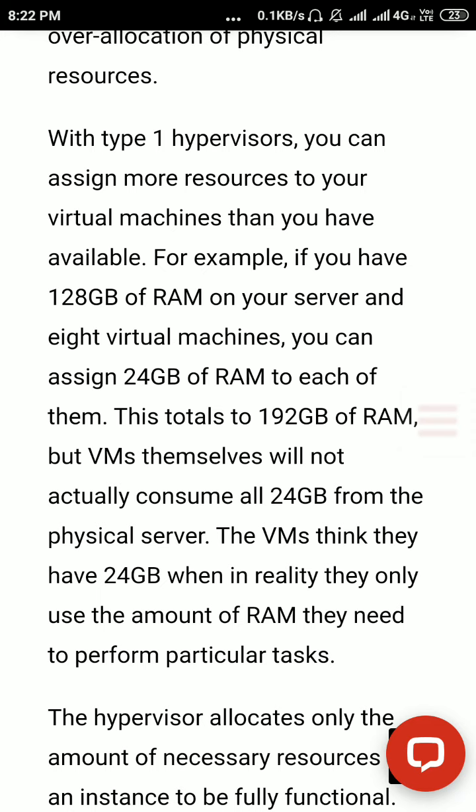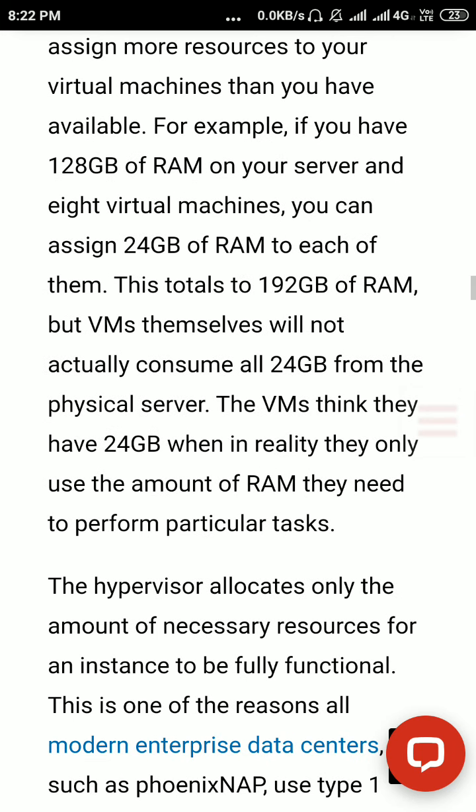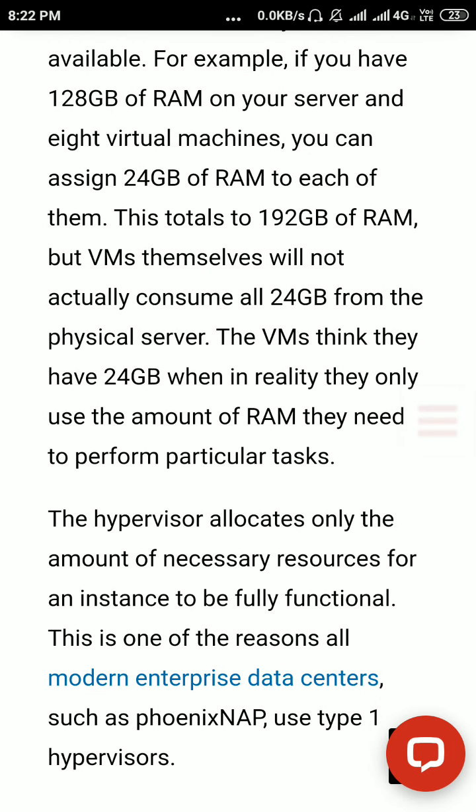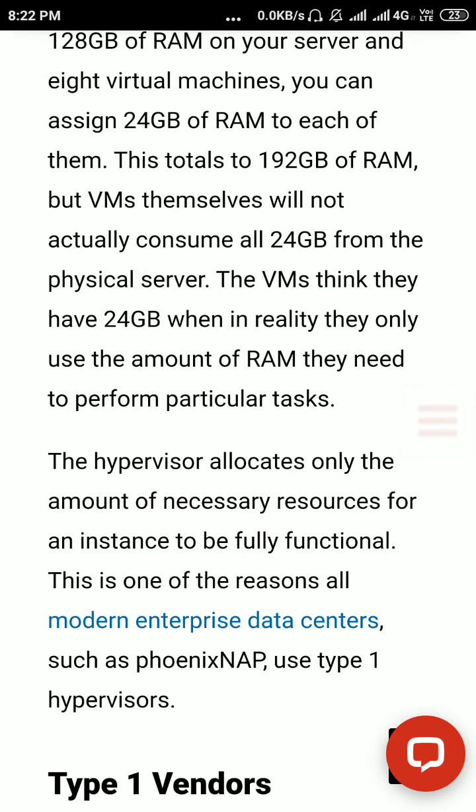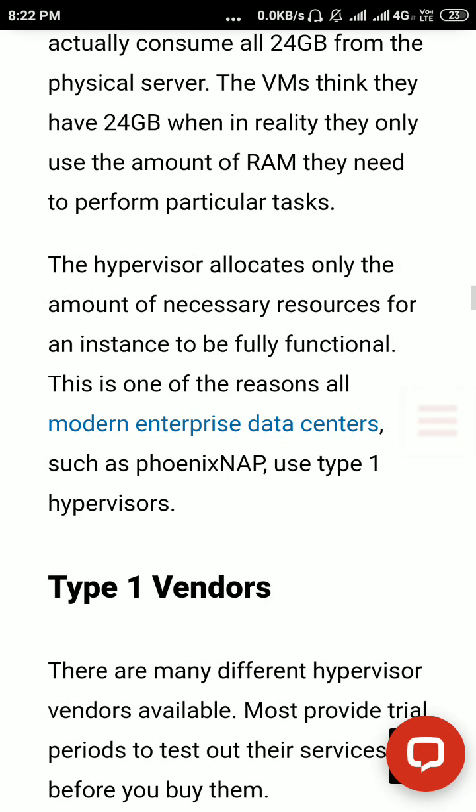This totals 192 GB of RAM, but virtual machines themselves will not actually consume all 24 GB from the physical server. The virtual machines think they have 24 GB when in reality they only use the amount of RAM they need to perform a particular task. The hypervisor allocates only the amount of necessary resources for an instance to be fully functional. This is one of the reasons all modern enterprise data centers such as Phoenix NAP use type 1 hypervisor.